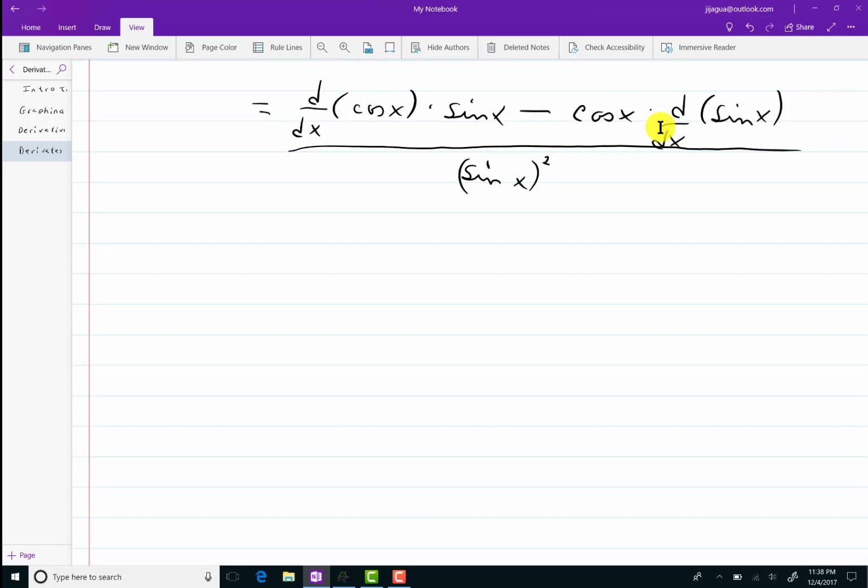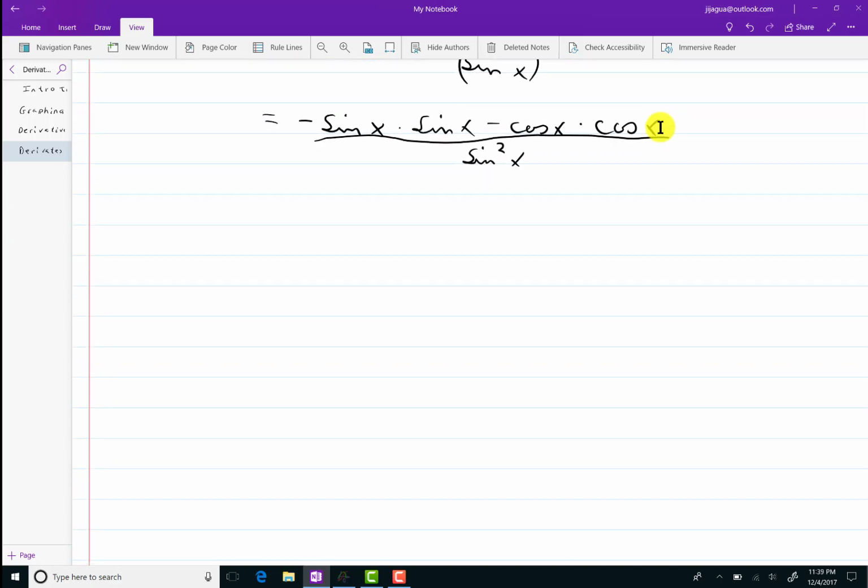Now, as we've just learned, the derivative of cosine x is negative sine of x. So I have negative sine of x times sine of x minus cosine of x, and the derivative of sine of x is cosine of x. And the denominator, I'm just going to write sine of x squared a little bit differently. You realize that sine of x squared is the same as sine squared of x. For some reason, we seem to like that notation better. Here's what I have then. In the numerator, I have negative sine squared of x minus cosine squared of x